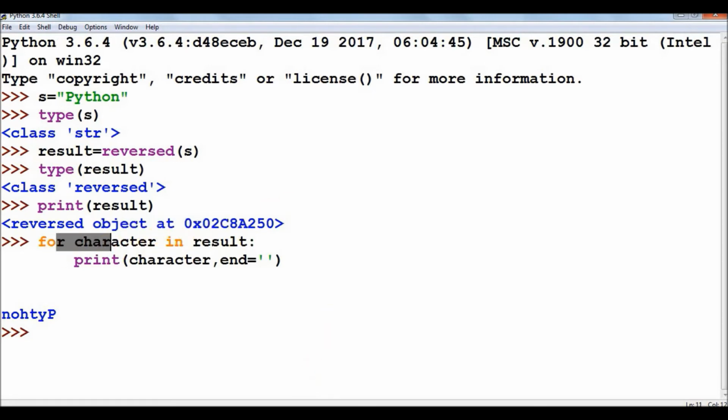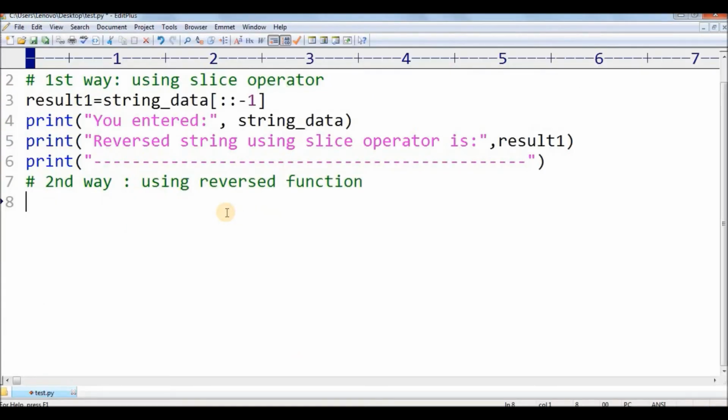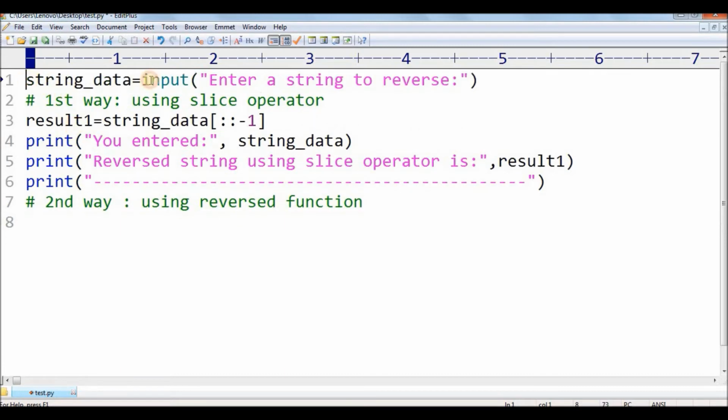So let me get back to the problem I was doing. So using the reverse function, here I have the string in the form of string data. Okay, and the result one is by using the slice operator. Now I need to use result number 2. Result number 2 is going to be reversed of string data. String data is the actual string, and I'm going to use reversed function to reverse this string, and this result 2 will be